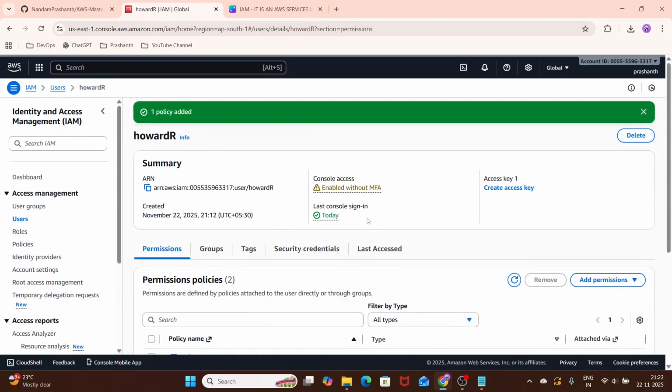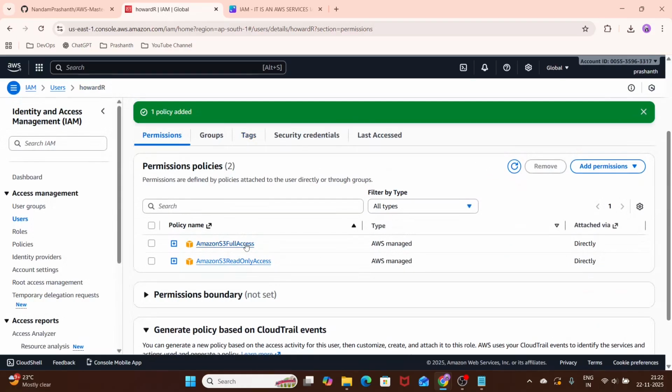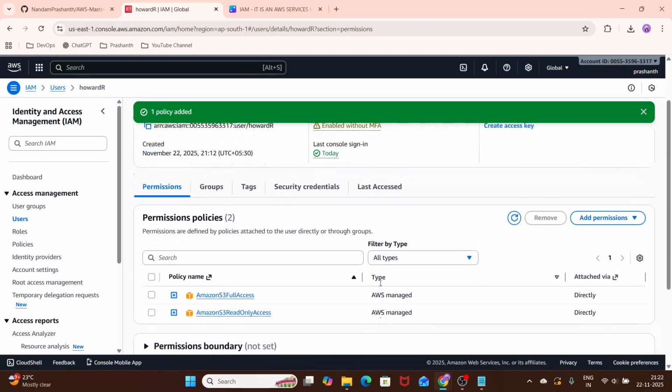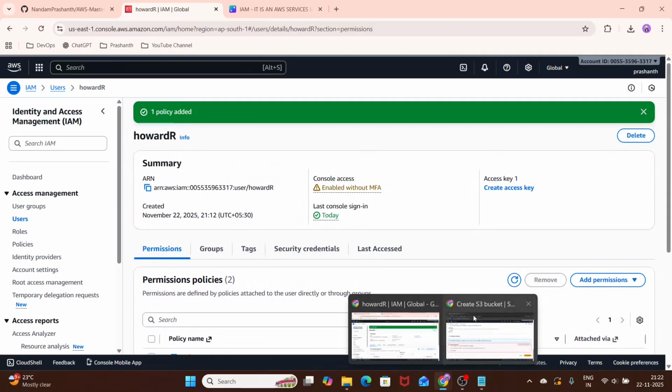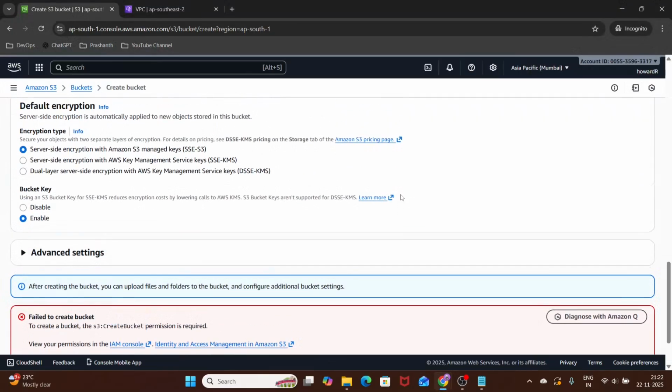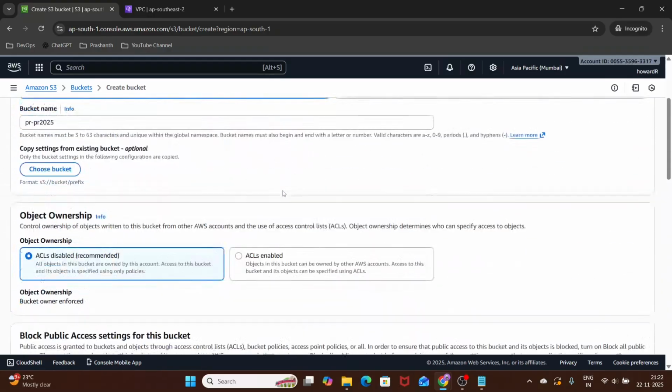Add permission. Now if you see here, he has full access. He has read only access. Okay. Who Howard has? This user. Now I'll go back to our incognito where we logged in as Howard. Now I don't do anything. If you see here